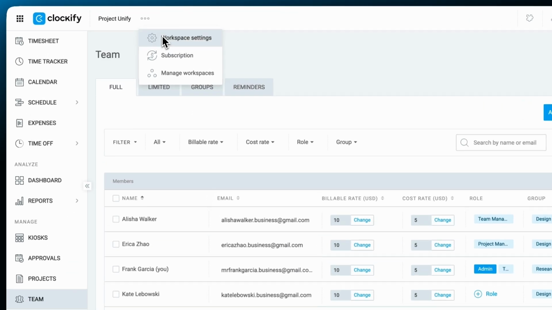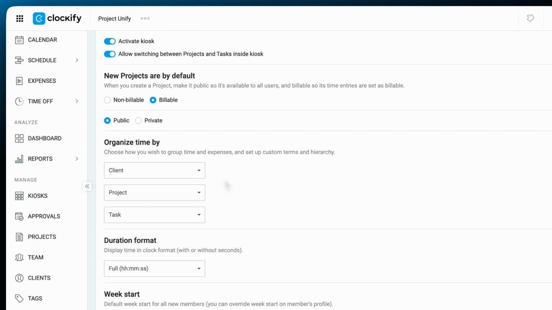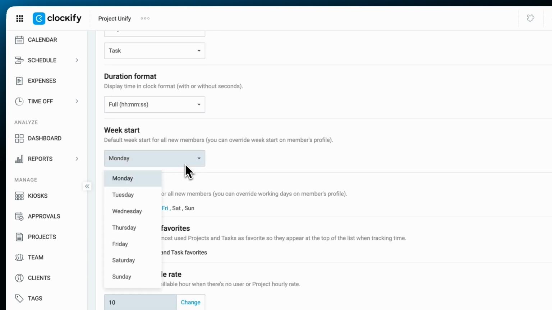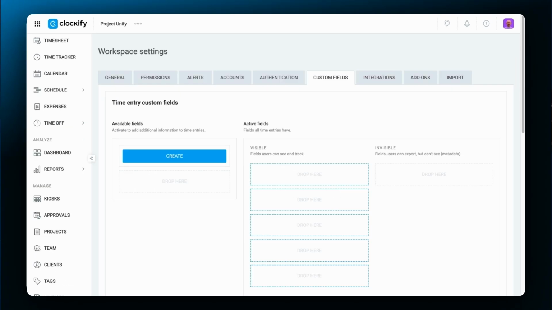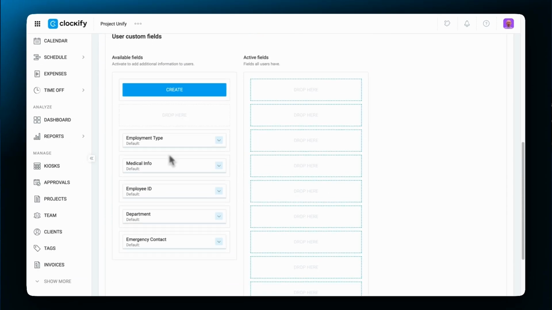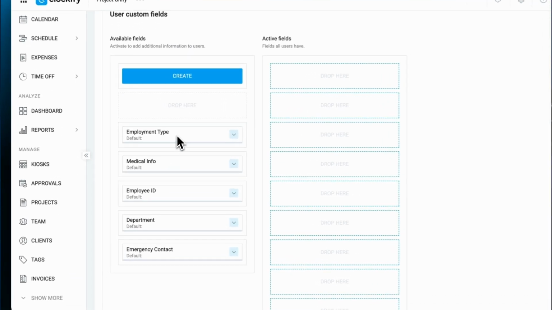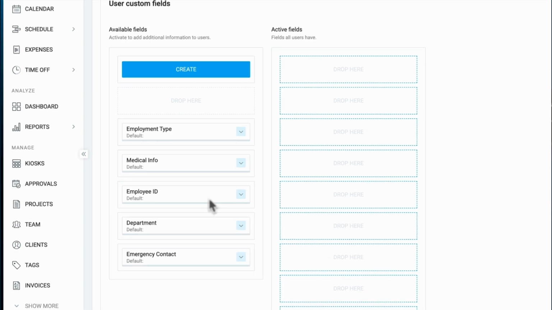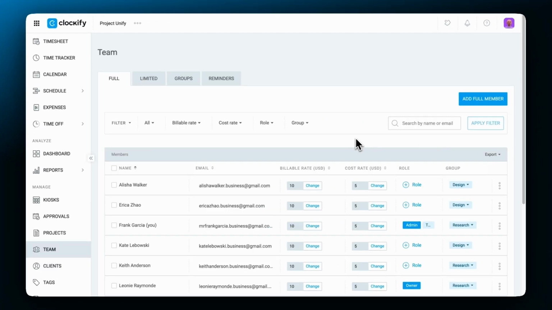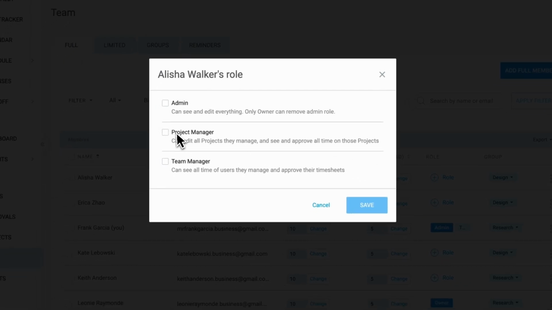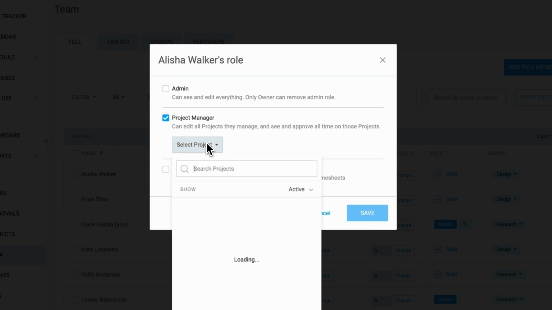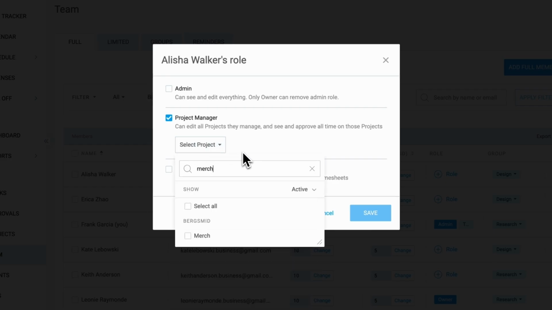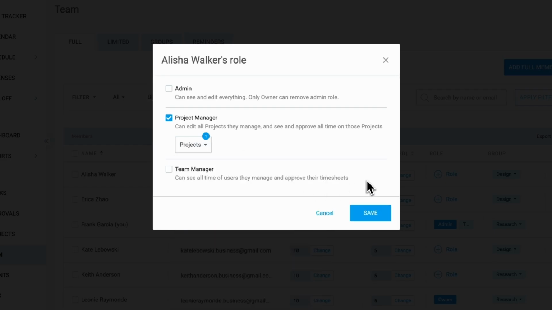If everyone shares the same parameters, set them once in the settings. Want more details? Add custom fields like employment type or ID. You can assign roles such as project or team manager to control who can do what and allocate responsibilities across teams. So project managers have the ability to see all track time on their projects and edit aspects of their